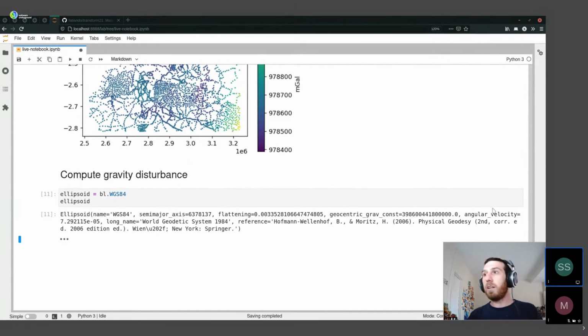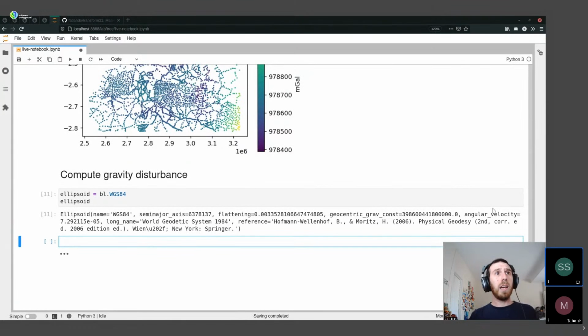And not only that, the ellipsoid class has some very cool methods for doing some stuff. One of them is computing the normal gravity that this ellipsoid generates on any point. And by any point, I mean any point at a given latitude and a given height. Okay, so we can compute the normal gravity